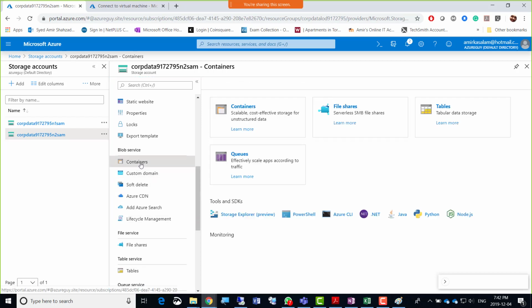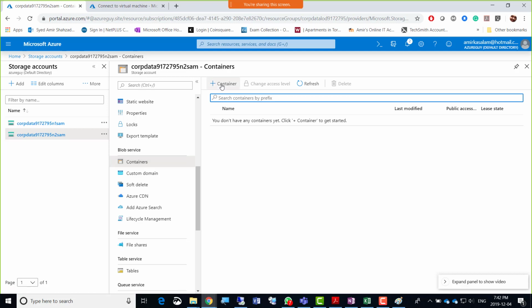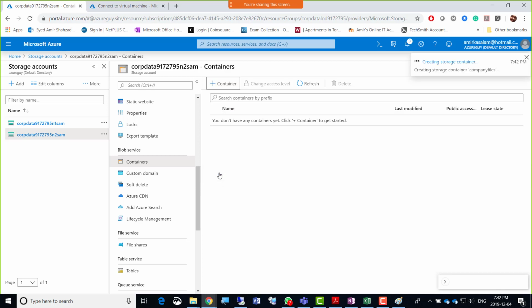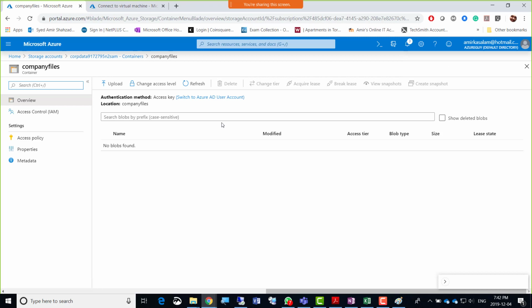I'll click the container and create a container, and it is company files. Suppose you want to create it that way, and for now the access is okay here. Press OK here. So once the company container is created, you can go inside the company container.